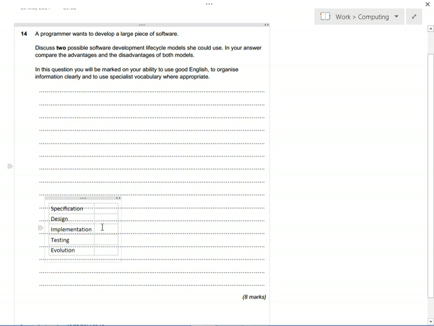Then you've got your implementation. This is the fun bit where you write the code, you make it work, you write all the code to do all of the different features that are included in your specification. Once you've written the code, you need to test it to prove that it does what you want it to do, but more importantly, what the customer wants it to do. So you test it usually based on a testing plan. You write lots and lots of tests, like you did for your testing table for your controlled assessments, so you can know which areas of the specification it meets, how robust it is, how efficient it is,